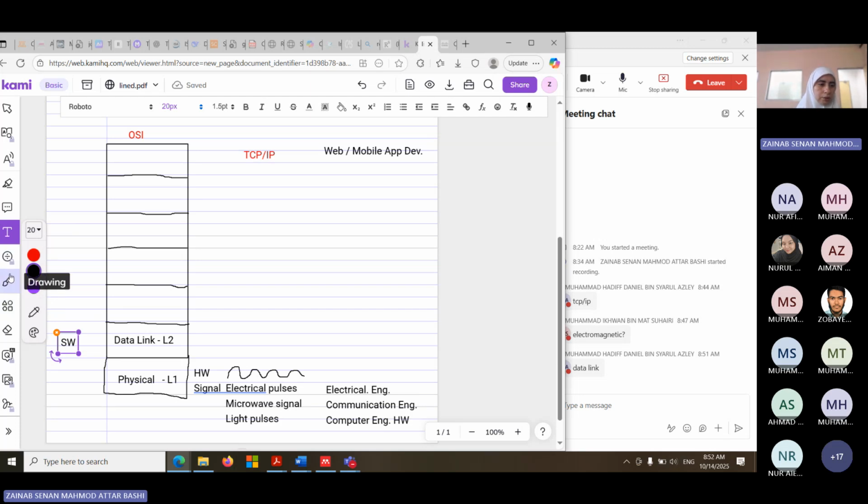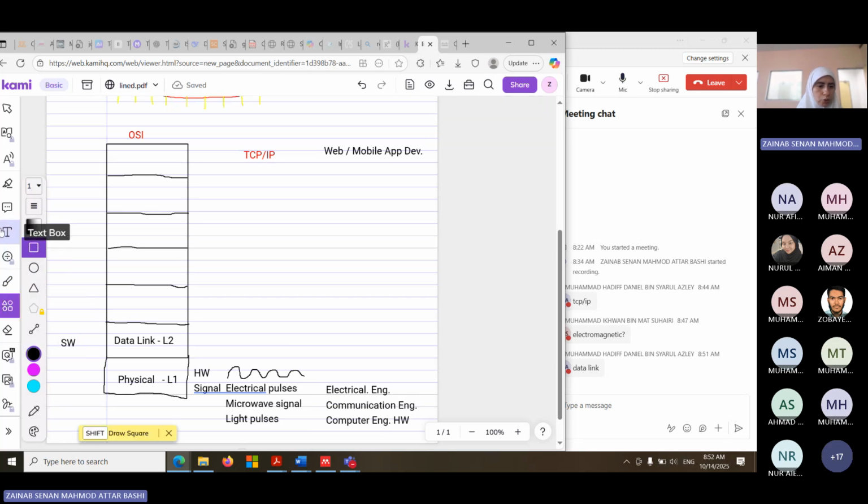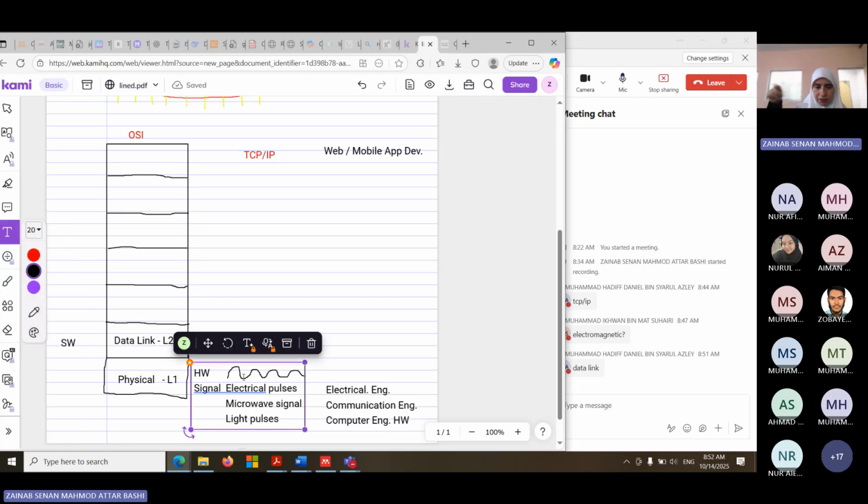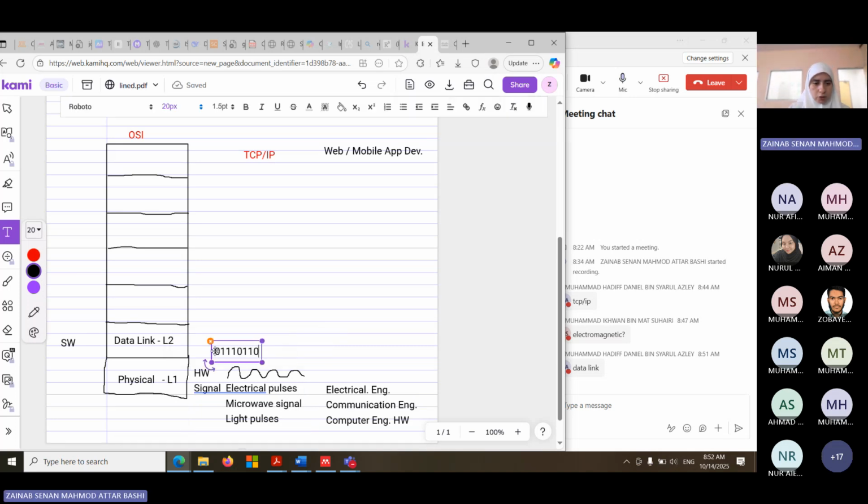First of all, the switch will have the encoding. Encoding means a way to read this signal here, the waves, and turn it into something like 0110010, a binary number. This is the job of the data link. At the moment you have that, the operating system can start dealing with whatever information you got. So this is one of the jobs at the data link layer. Another thing is to give a unique ID, a MAC address.